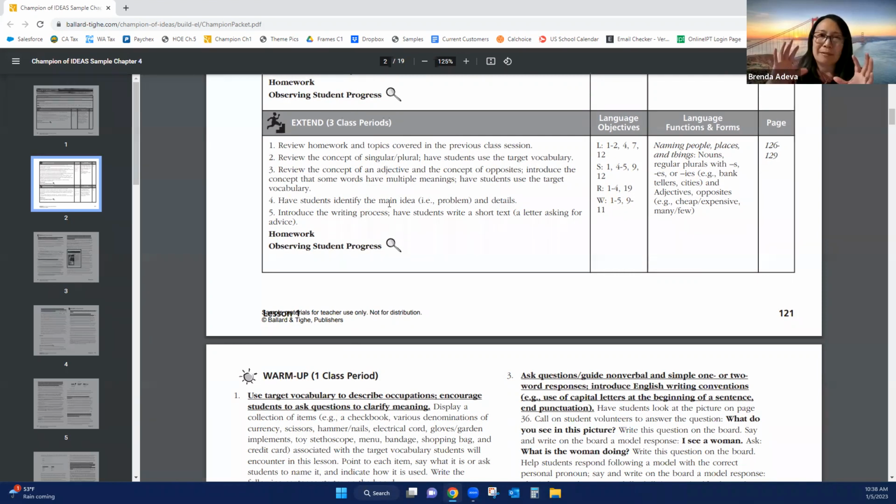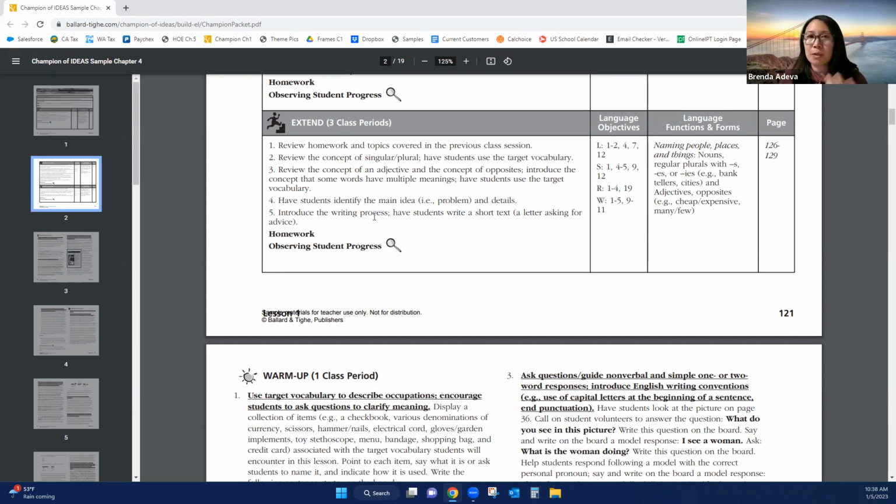So for the lower levels, just learning the opposite. For the higher levels, maybe using the correct opposite or the correct adjective. And then you'll see here main idea with details, right? So again, that academic approach, that language for the academic levels of level 2 and level 3, where the lower levels are maybe just identifying vocabulary or what happened in the story.